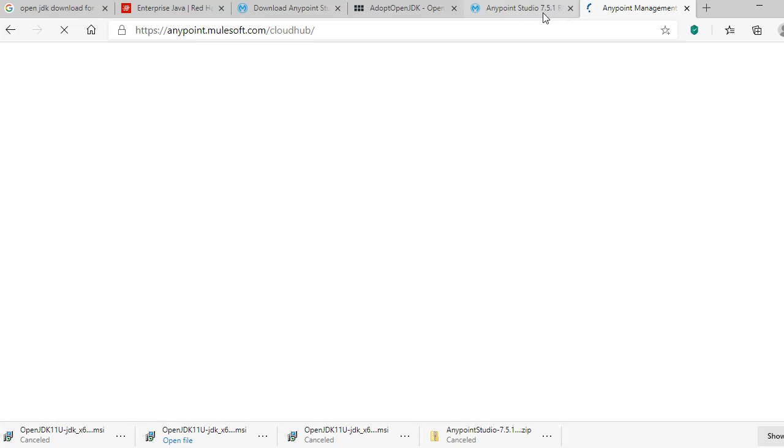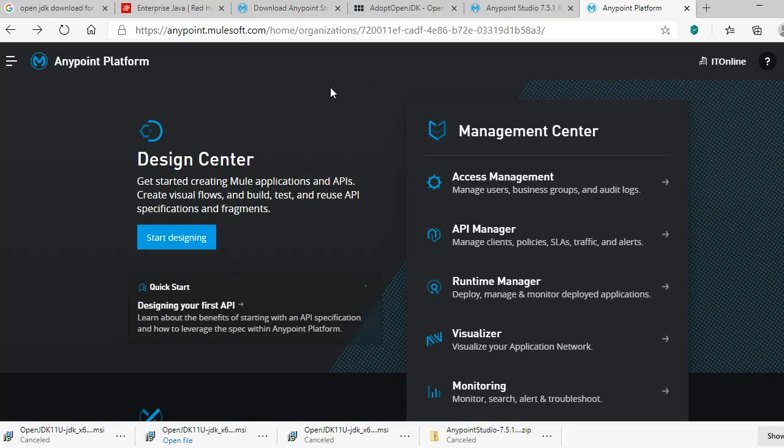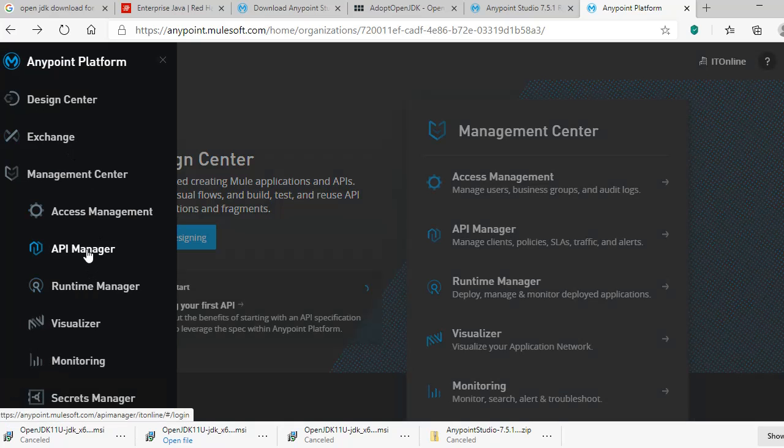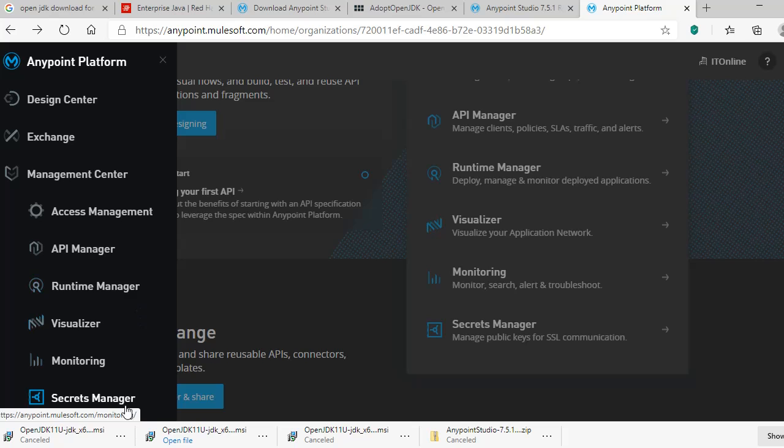Once we deploy our applications, we need to monitor them here. So runtime manager is the main thing. API manager, runtime manager, design center, exchange, these are the main components for every developer. The remaining ones also have their own different features. We will discuss them in detail whenever the requirement comes up in a specific video.